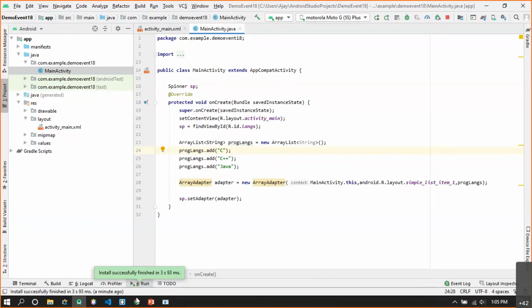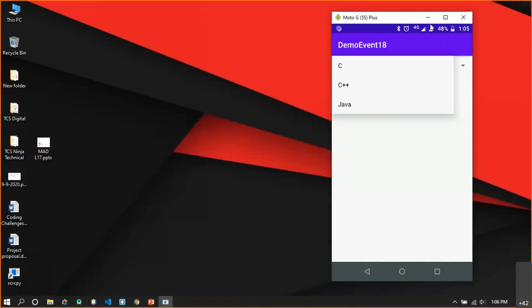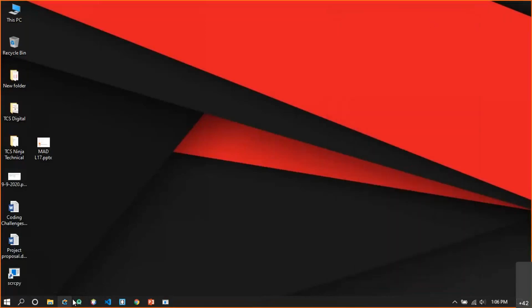So what I can do is copy the list of states from the internet and store it inside the resources. Let's see how it can be done. Let me open Google Chrome first of all. Now, since Android Studio also consumes a huge amount of RAM, you might observe there is a lag or slowness in the system.